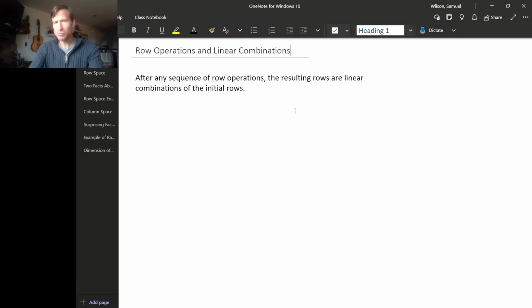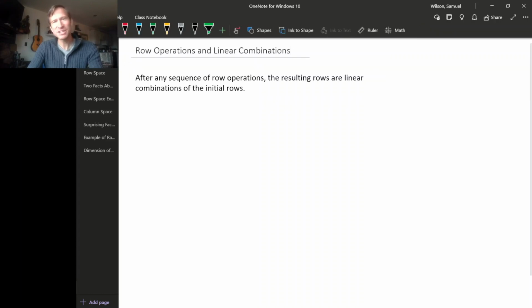We're going to think a little more deeply about what exactly matrices are representing. Other than just being the coefficients of linear systems, we'll see that matrices actually have some subspaces of Euclidean spaces and some important numbers associated with them. And to get this all started, first we need to just note that after any sequence of row operations, the